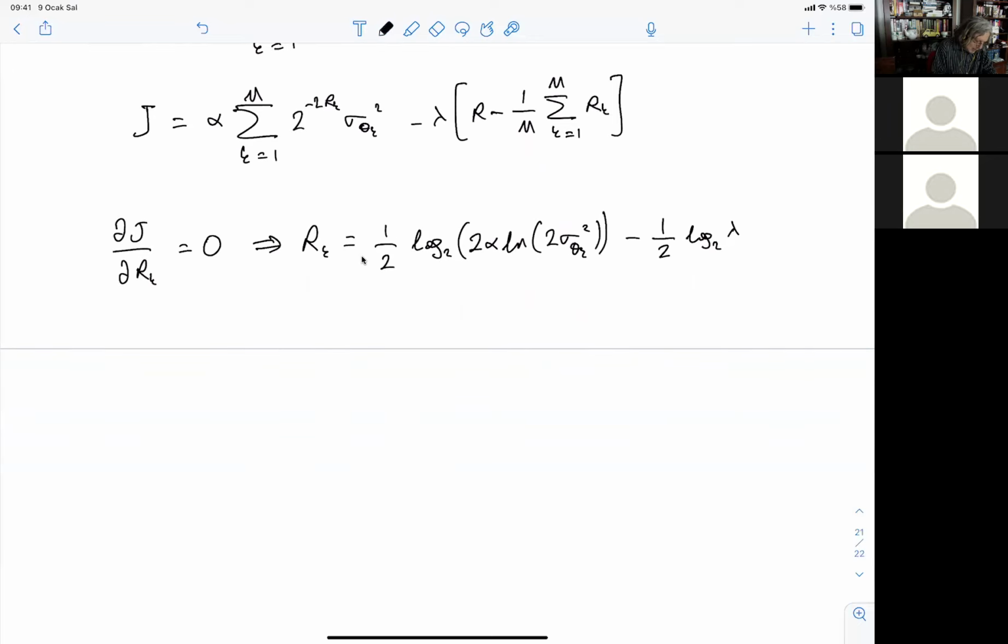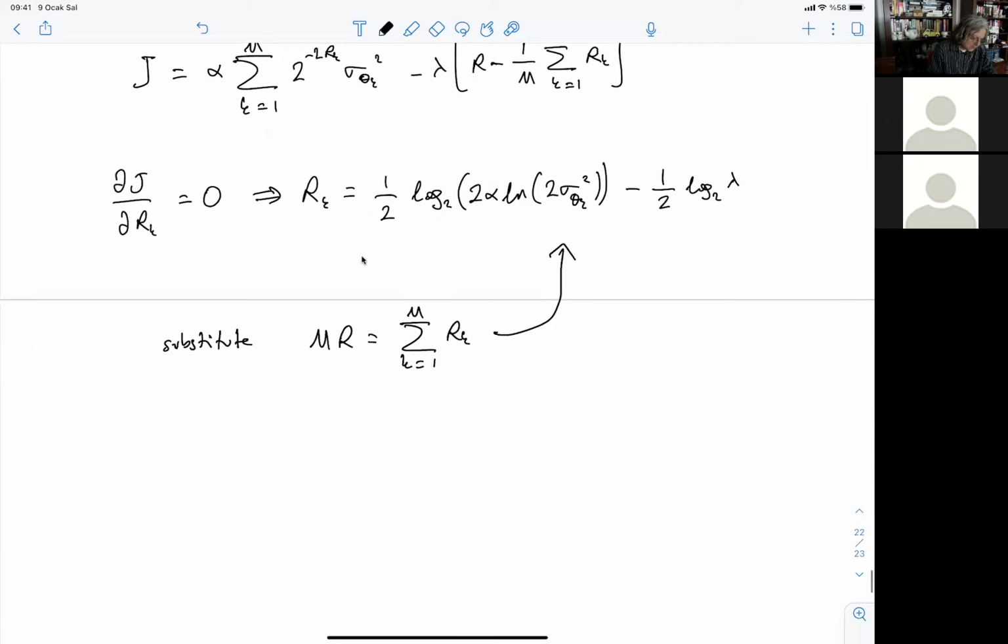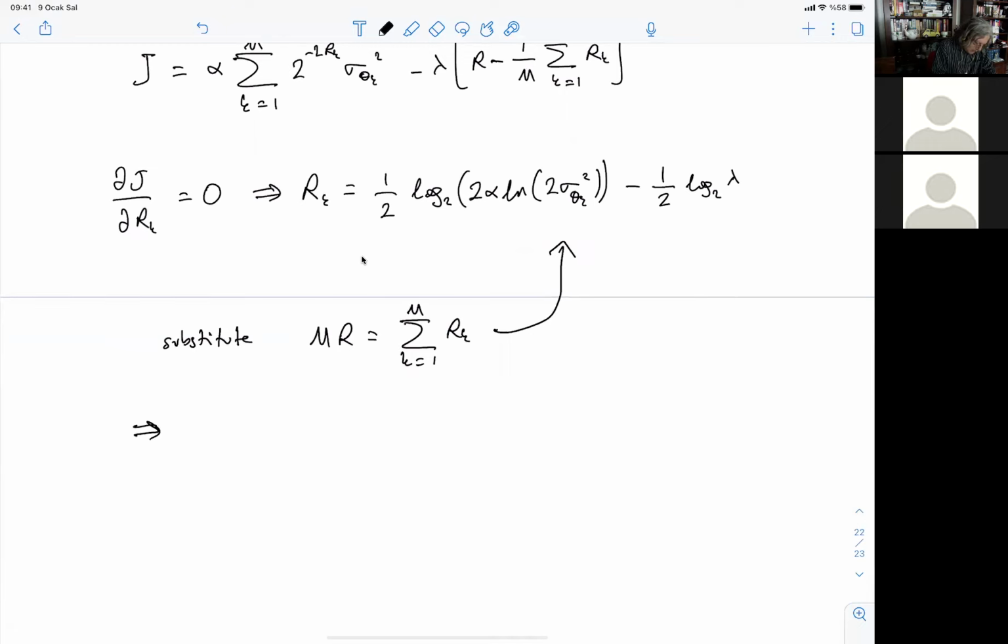We do it like this. Substitute m times r is equal to summation k from 1 to m Rk into this equation, and we solve for lambda, and it happens to be this. It is the multiplication. You may remember this symbol. It corresponds to the running multiplication, like the capital sigma corresponds to the summation. So this is multiplication from 1 to capital M